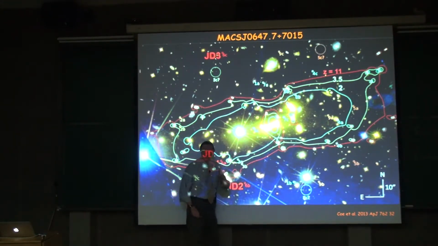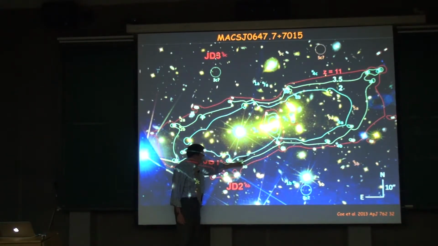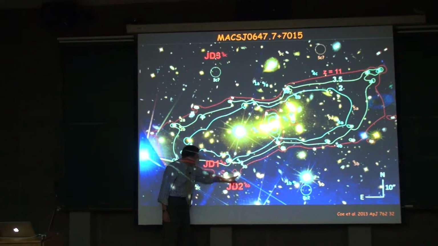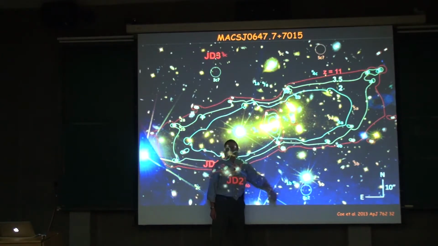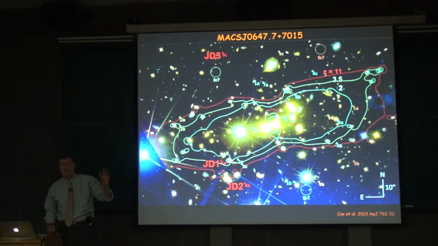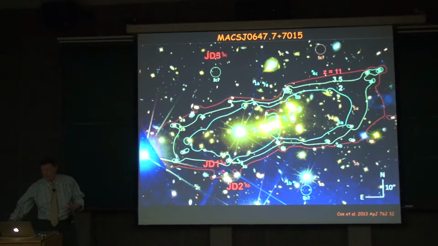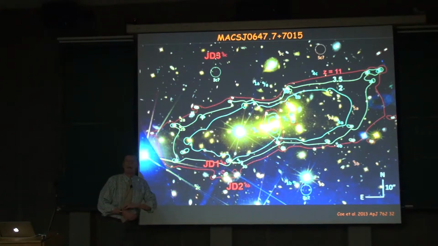And so what the frontier fields is doing is we have these consortia that are providing these maps, and then now large telescopes are taking spectra of objects here that follow along these contours to try to detect very distant galaxies. In fact, there are already 2 galaxies that we think have been detected that have redshift of 11. And